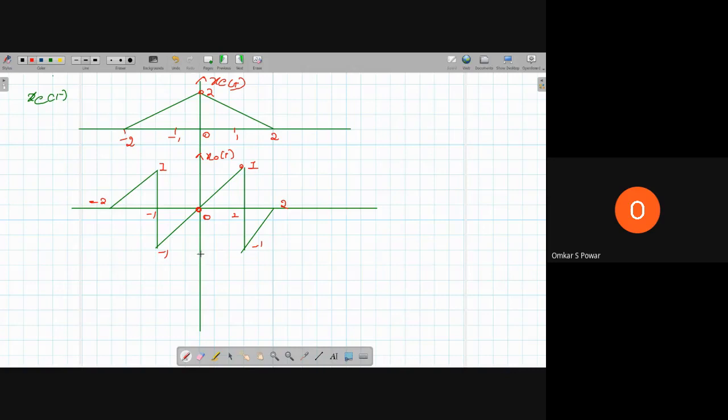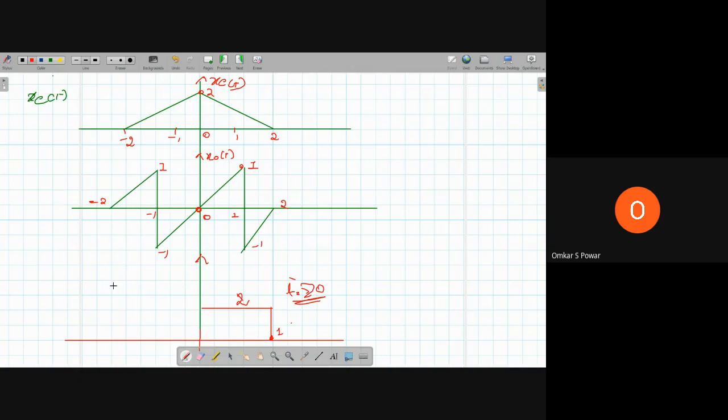Now to get the even and odd component, you have to add. So add them like previously by taking the equation. One minute. So we know for t greater than 0 it is given. If you see the question, for t greater than 0 it has been given like the value is 2 from 0 to 1, if you see the question. So we have to compute only this part.